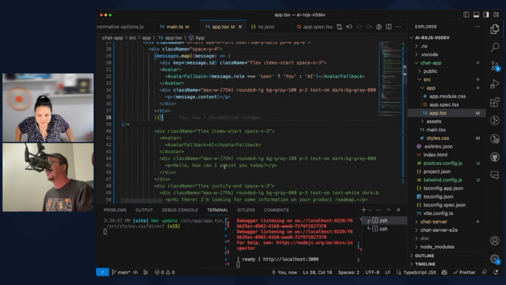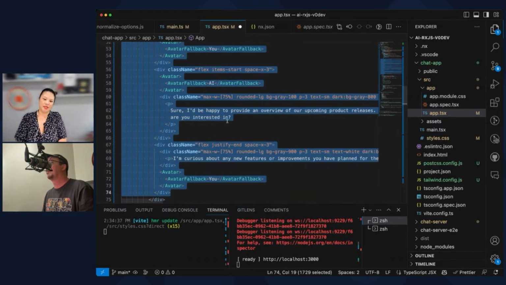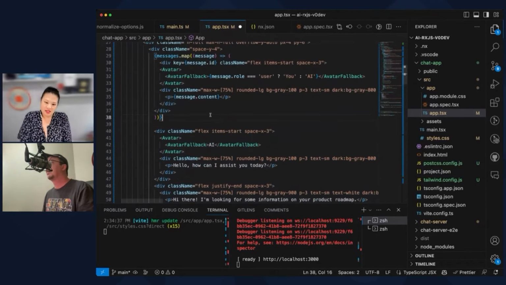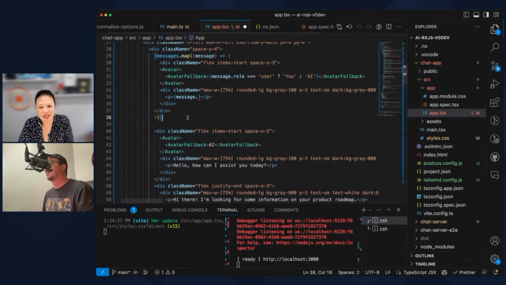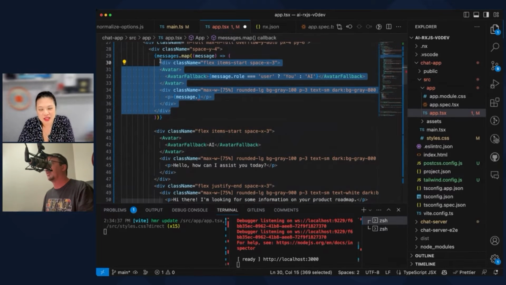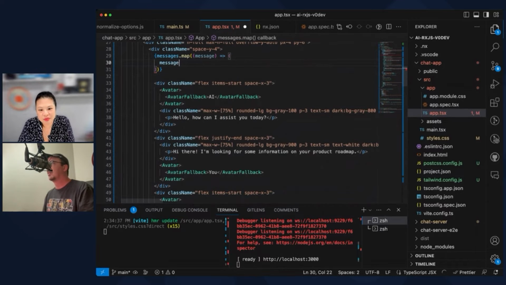Because these are aligned differently, fine. This isn't exactly right. So we need to go here and be like, if message role equals user, then